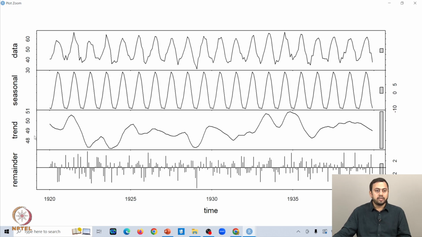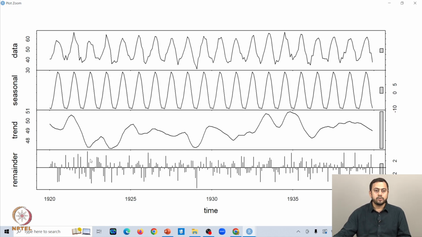The third row tells you whether the data set contains any trend or not. So what do you think? Do you think that the data set contains any trend? Probably not, because otherwise you would see a clear trend here, let's say upwards or downwards. But since this stays in between some fixed horizontal bands, one should not expect a very high trend in the data.